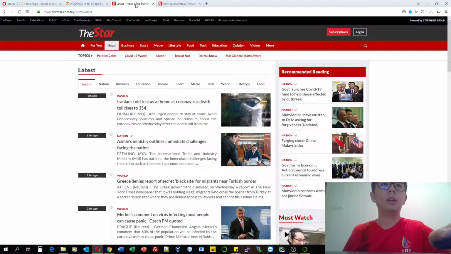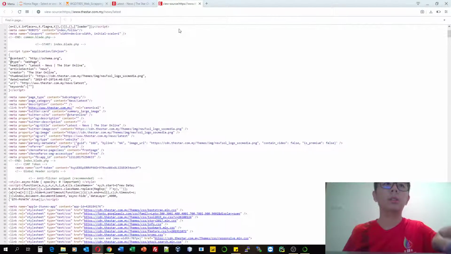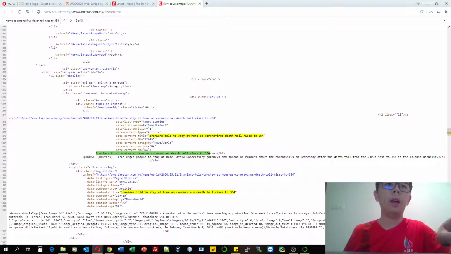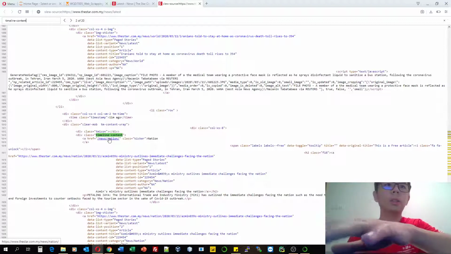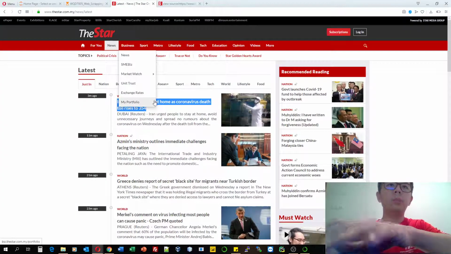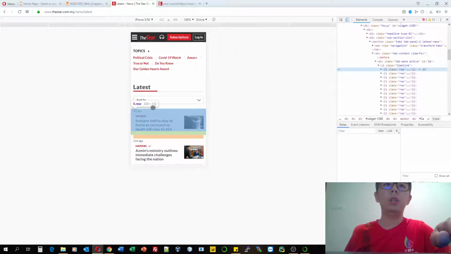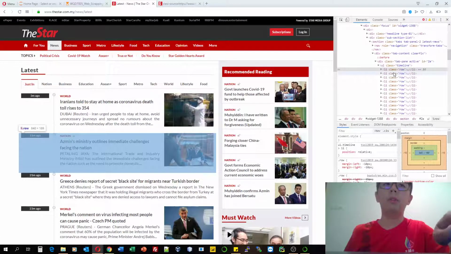If we look at the page source, we'll see there's also a section for the latest news. If we search, for example, for this title, we'll see the corresponding HTML tag, where data-content-title represents the title, content type gives us the type, and content ID gives us the news ID. Then we have the timeline content. This is a class that tells us that for each particular item, if we use inspect element, we'll see for each item here